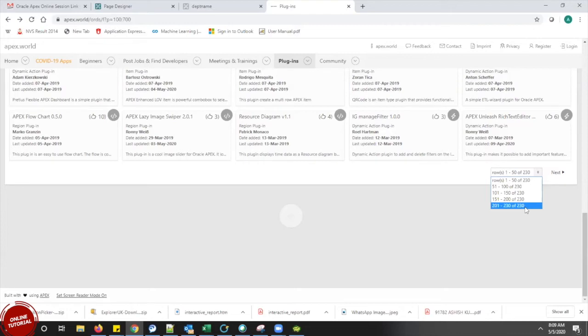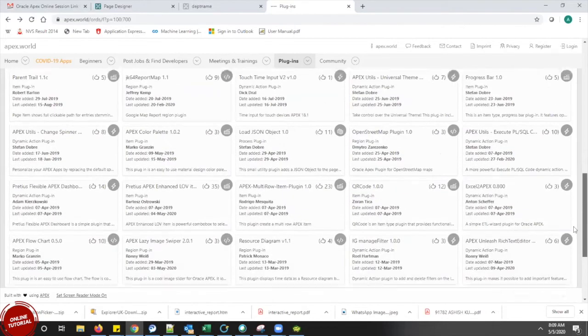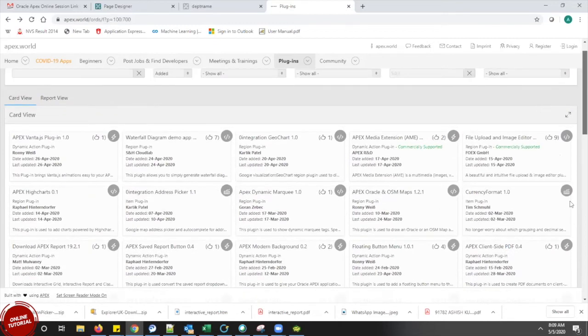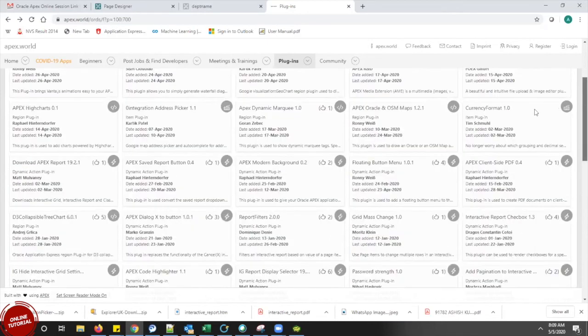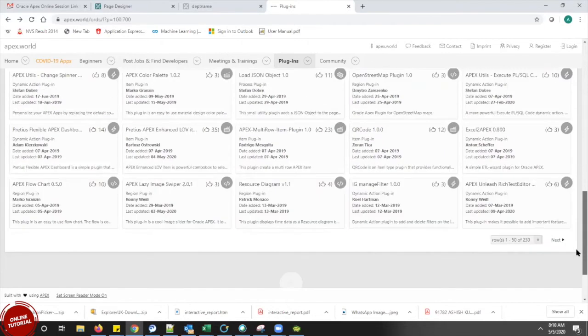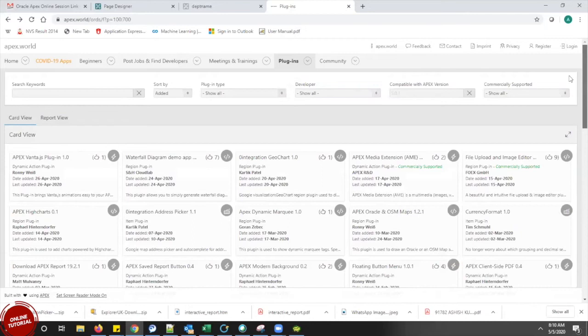Suppose I am using Oracle Apex in my production or development environment at my company, I should build an application and then download the plugins that I want to use in my application, right? I am going to show it, Prajan. Don't worry. I am going to install a plugin. I will show you in the application how we can use it. Okay.